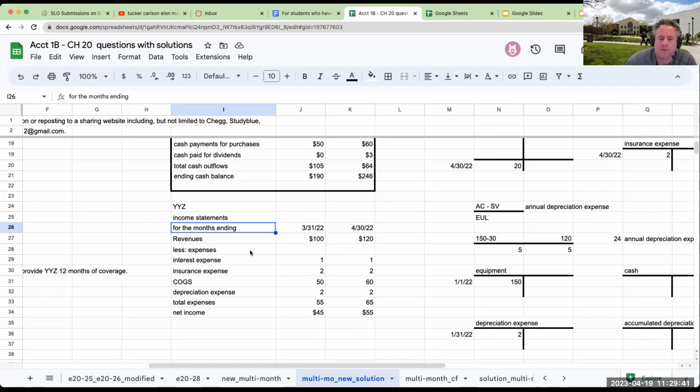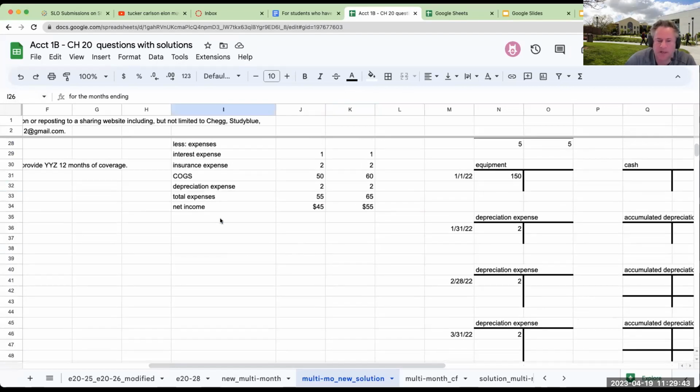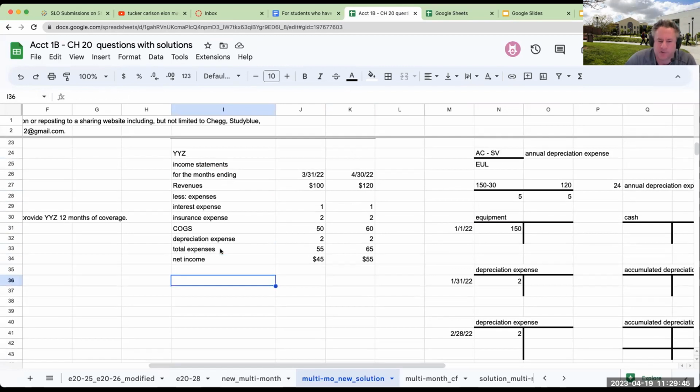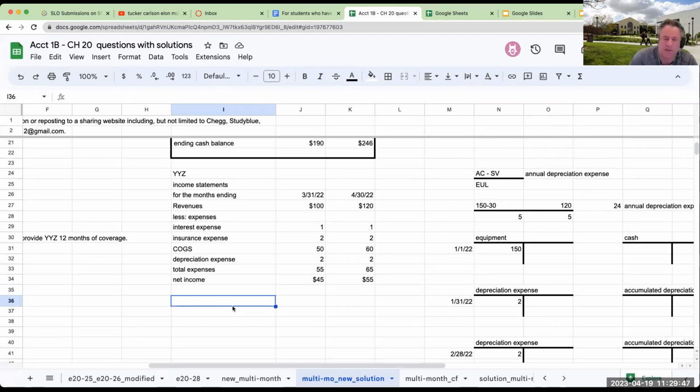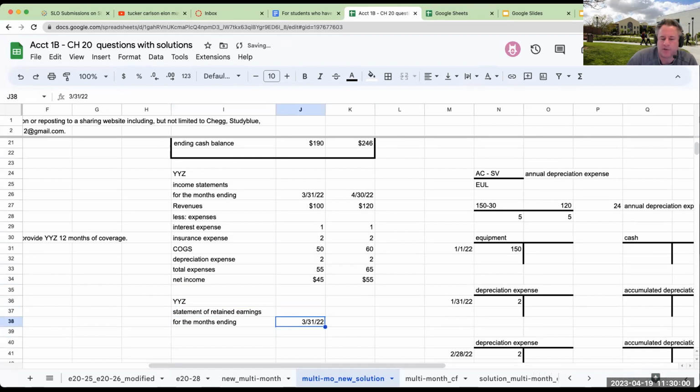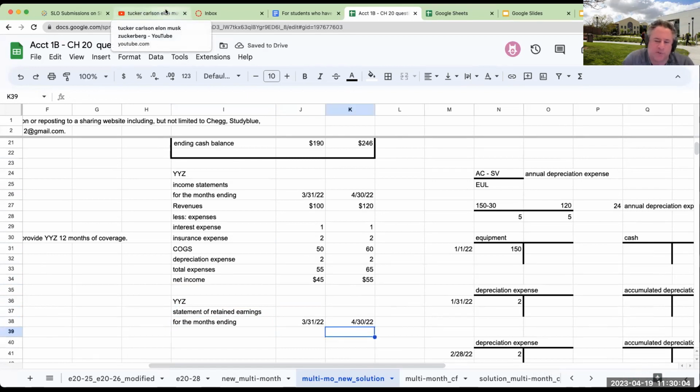Okay, so here are my income statements. Now let's go to the next one, which is basically going to be my YYZ statements of retained earnings for the months ending 3/31/22 and 4/30/22. If for some reason you're looking at what I'm doing and say, I don't understand this, what